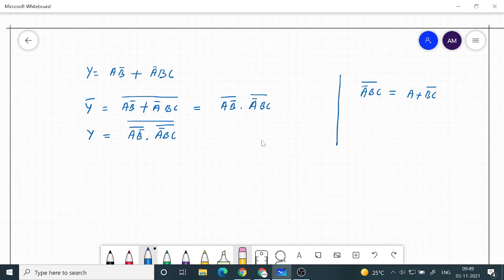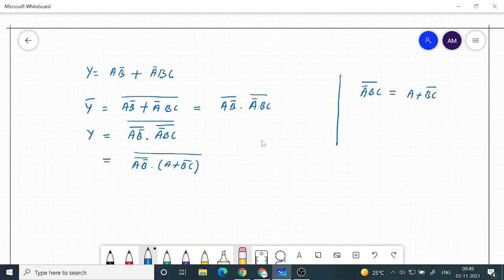Therefore this is (a b bar) the whole bar, then this term is (a plus bc) the whole bar, so you can write it in this manner.